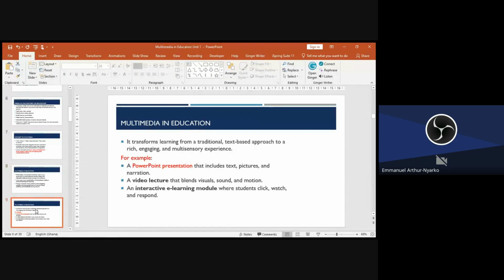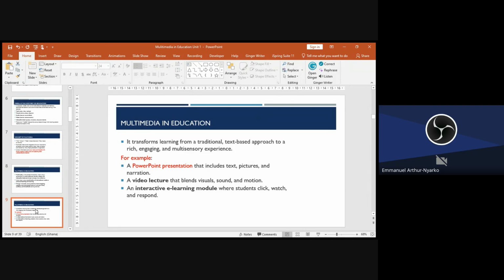So that is multimedia. It transforms learning from a traditional text-based approach to a rich, engaging, and multi-sensory experience.